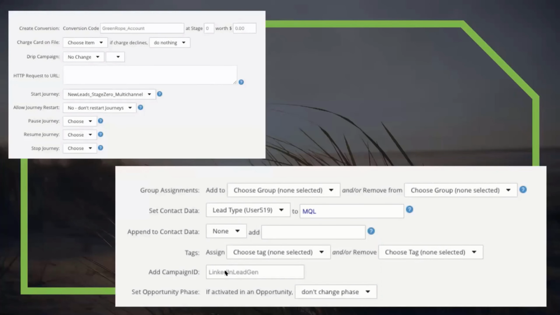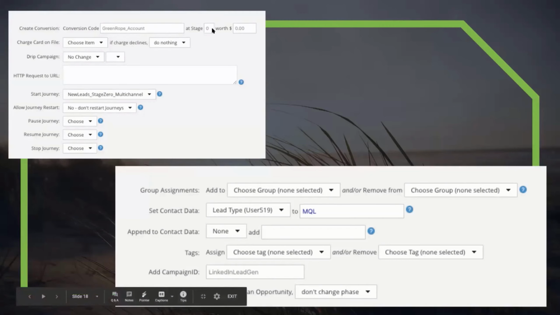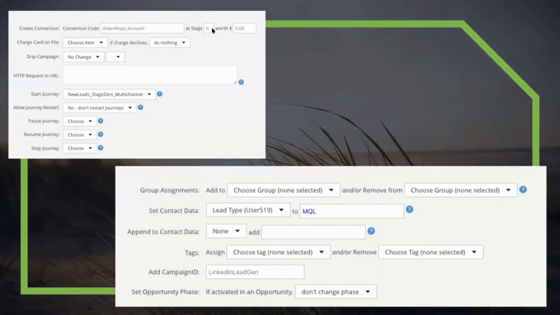So here, this is our social media workflow. And this is that workflow that I showed you in that Zap. So as soon as someone comes in from our LinkedIn lead gen forms, and after they're added as a contact, that third step in that Zap is activating this specific workflow. So what happens here is we give them a conversion stage. We want them added to the top of our funnel. They technically are a lead. They might not be a sales qualified lead, but they're a lead. So we want to fill our funnel, right?